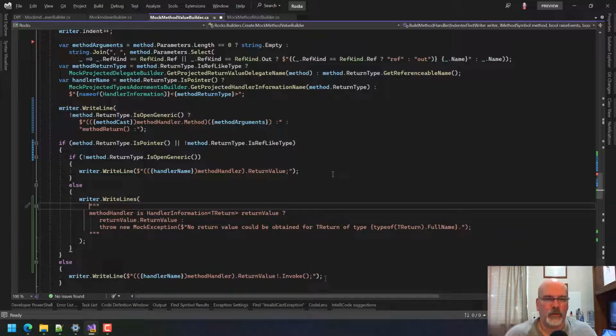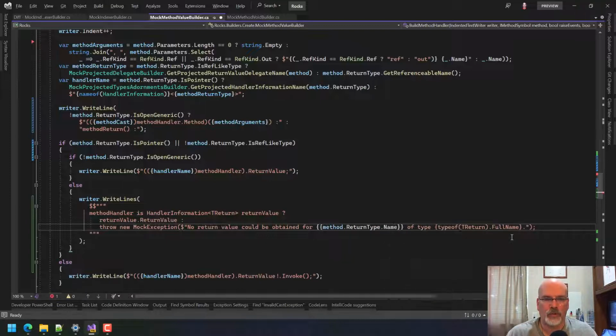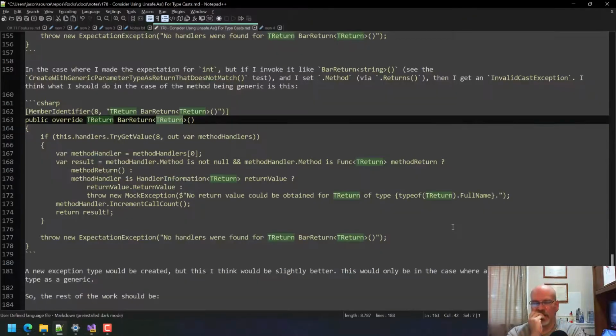Except we need to grab the name of method return type name of type. My intent was to say type of T return. That should work though, right?